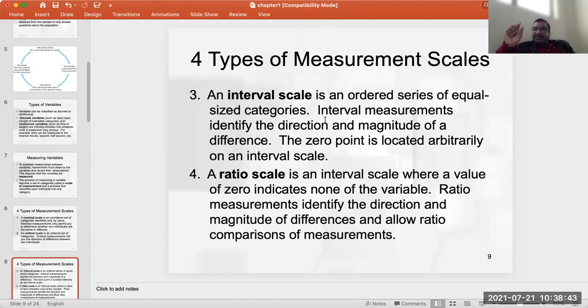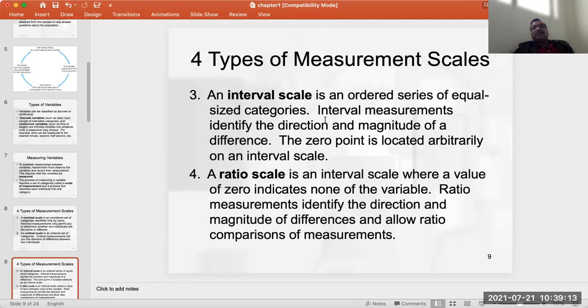They have equal intervals, which give the difference between temperatures, and at some point, 0 is located. It is not necessary that 30 degrees Celsius is 2 times hotter than 15 degrees Celsius. No, not like that, because that is the interval scale.